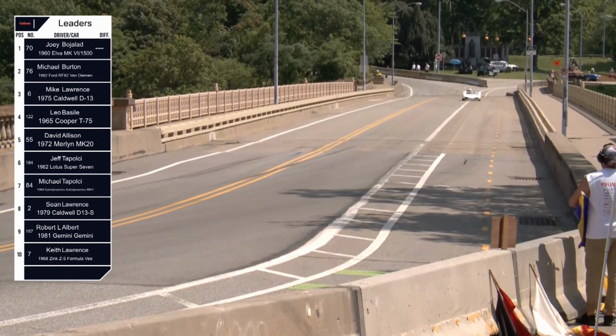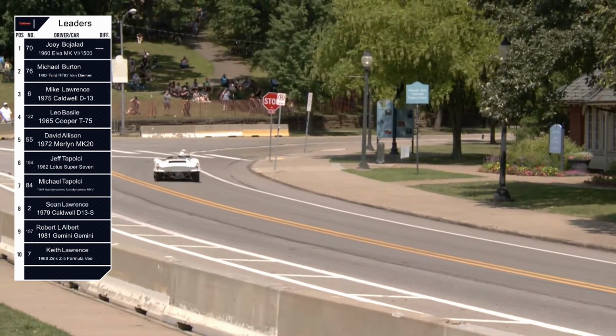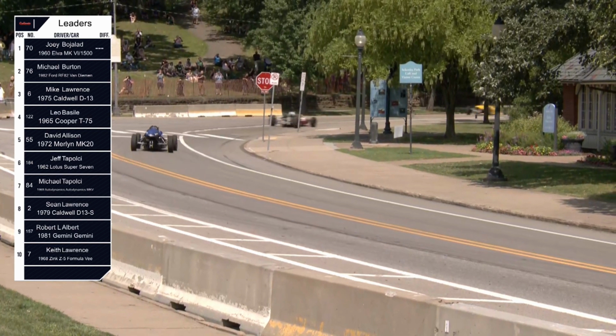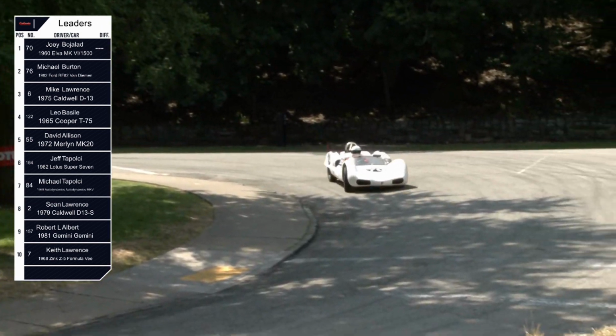Here it is, Panther Hollow. Oh, look at that tiny little Elva screaming in there, giving it the beans. Very nice. I don't even think he lifted the foot off the gas going up that hill. Nope, not real big motors on these, but the suspensions and tires and everything are designed 100% to go around